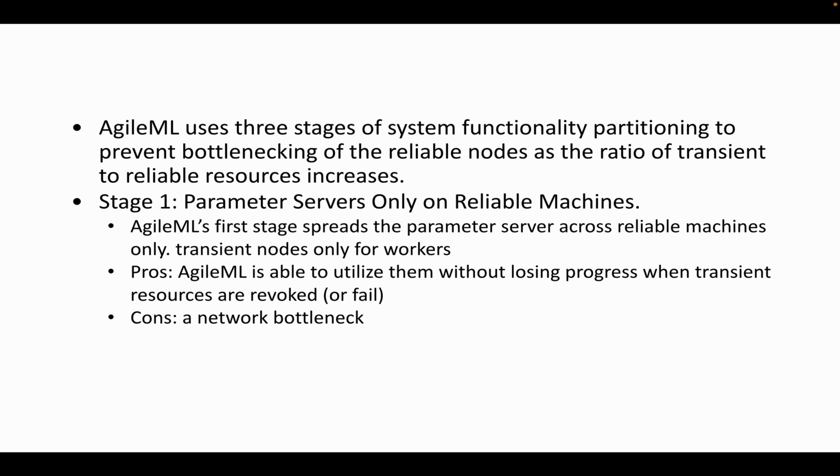They all communicate with the parameter server, and they update and read the data from the parameter server at the reliable instance. But on the flip side, this creates a network bottleneck. All the traffic is moved towards the parameter server at reliable instances, and this is a bottleneck and a single point of failure. So this whole idea holds back scalability and does not fully realize the advantage of transient resources.